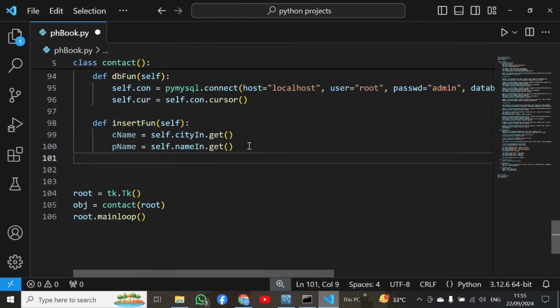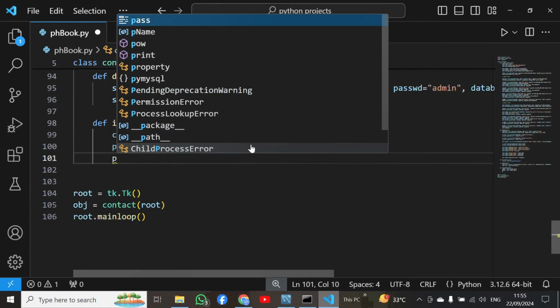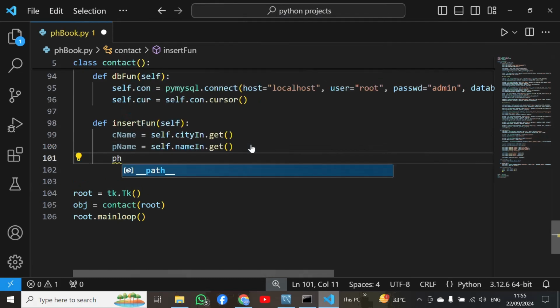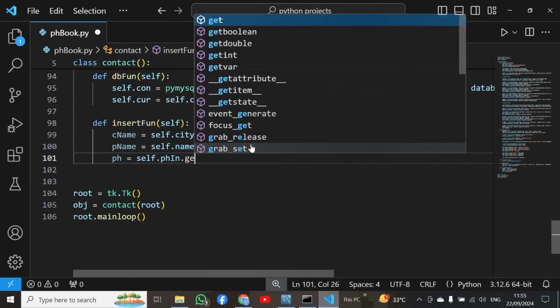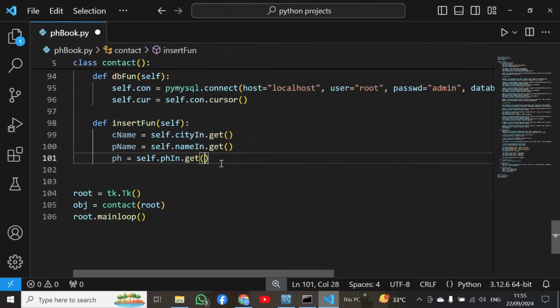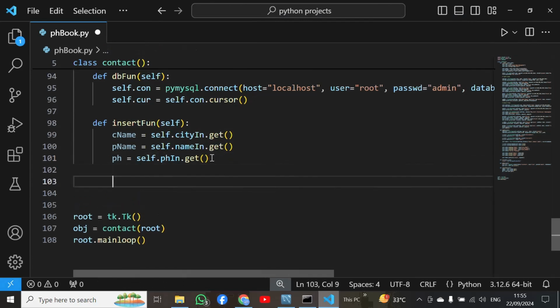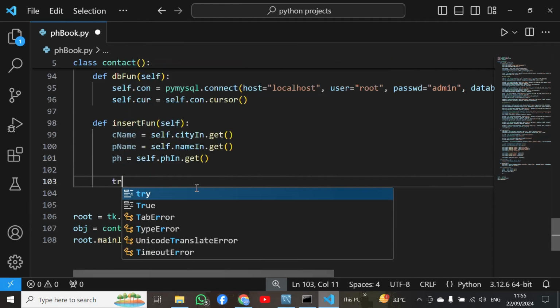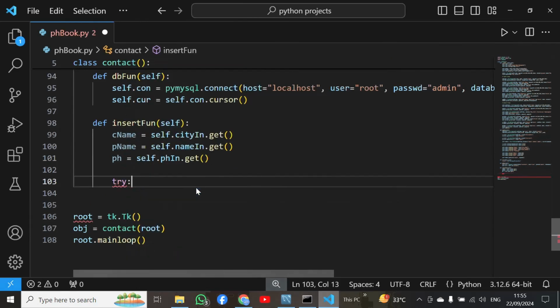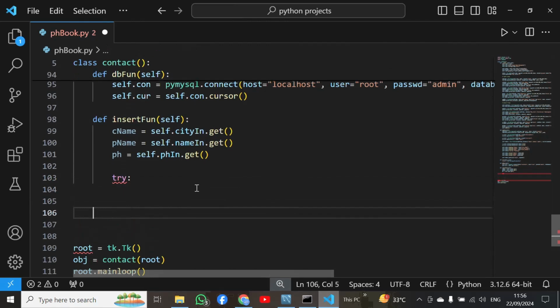So next I have to use phone number, ph. So phone, here I have to use self.ph.get. So we are getting all these values from entry widgets, and then we are assigning them to these local variables. So now I have to use try block, and then here I will use except